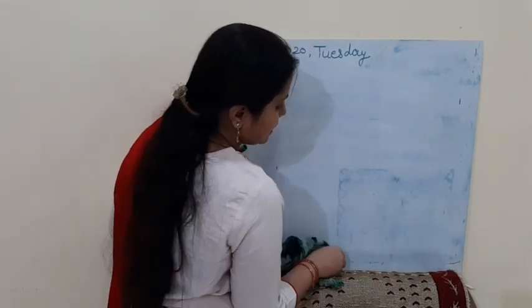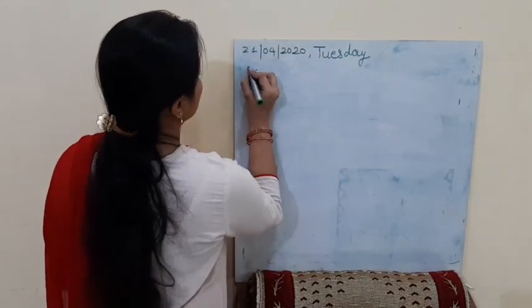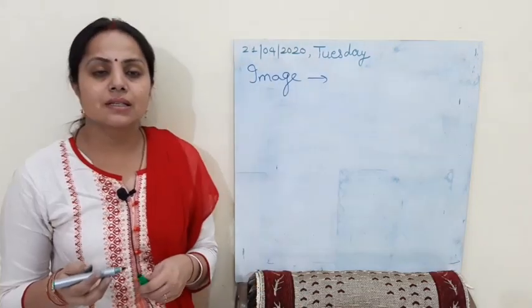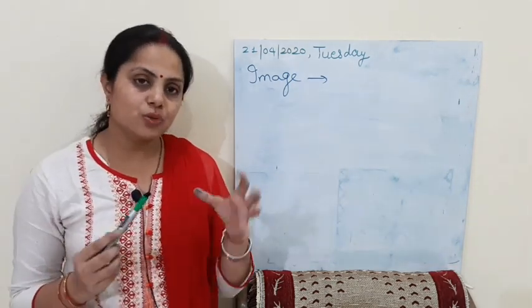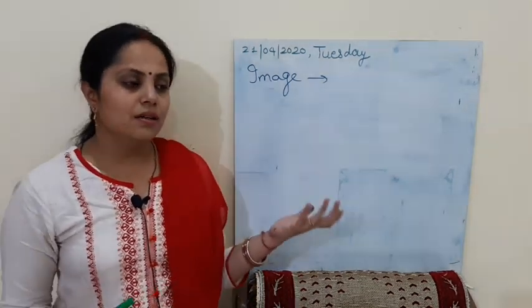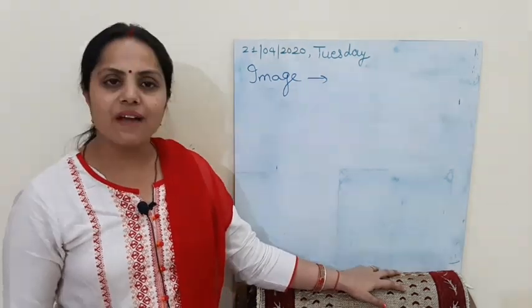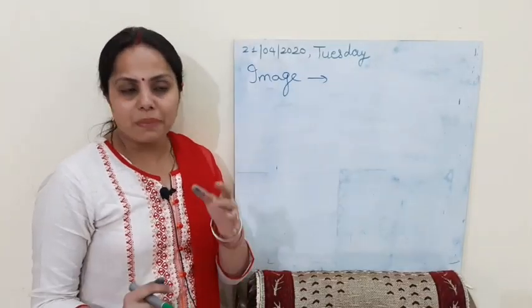Now children, one important thing that is left in insertion or in the components of a page, that is your image. Now as we know, a picture says something more than 100 words can do. Showing a picture and saying 100 words related to something is equivalent. I can explain something more with a picture than by writing words. That's why we are having this video. Otherwise I would have sent you text. So text can never replace images or pictures. So in a web page also it's very important that we use pictures.